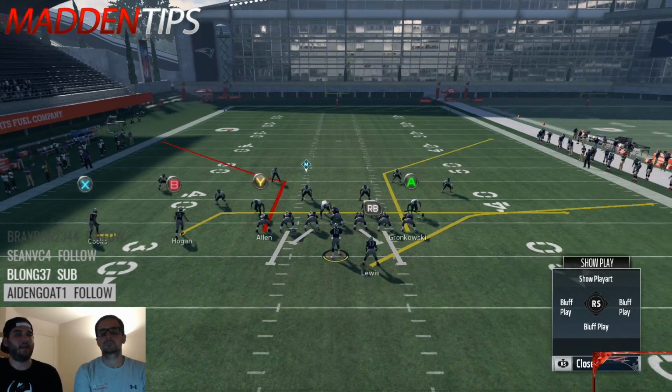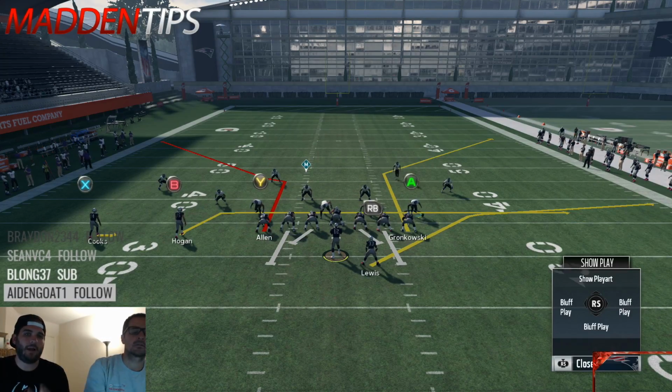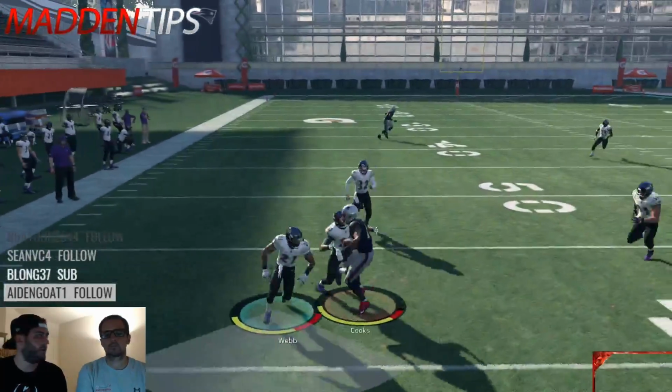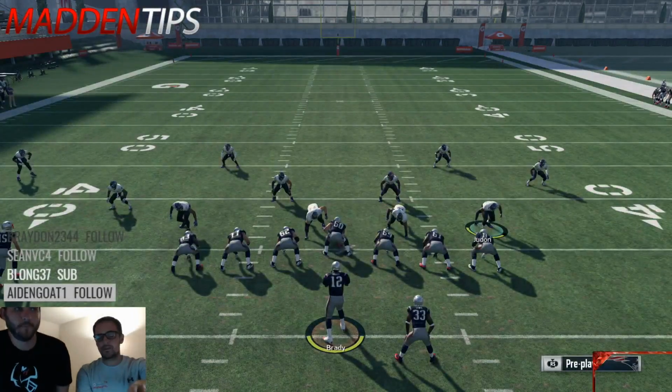Now we're in that same territory again where we're running the same type of routes. Allen's going to have a vertical stem route, so it looks like level sail. You have level sail on the right. But the problem people will have is when Allen flares out. Okay, you covered him. Well, I've got the smoke screen underneath. Great wrinkle. Aside from missing a deep post, this play looks a lot like